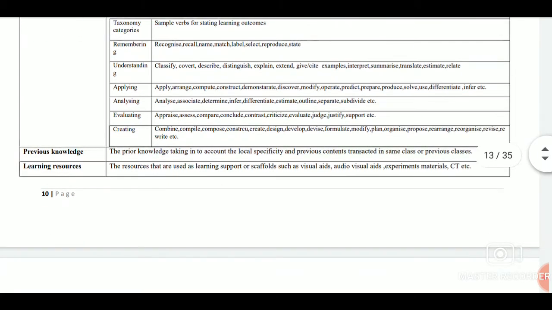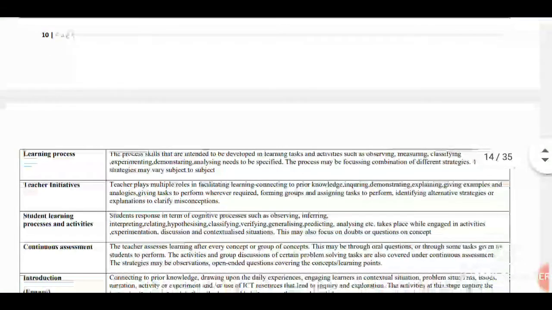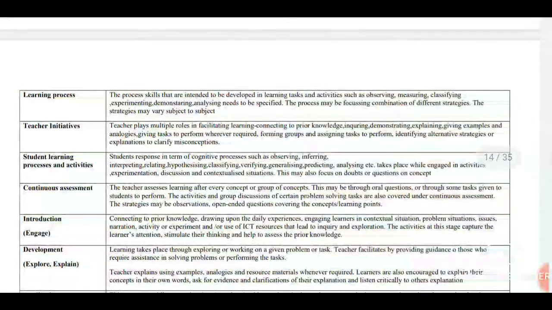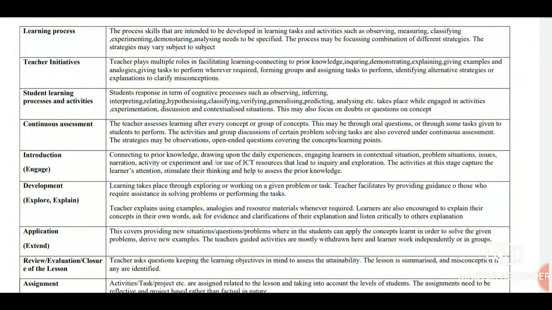Okay, so after that, next comes our previous knowledge. Previous knowledge is nothing but the knowledge that the students are supposed to have before coming into the class. Next is learning resources. Whatever learning resources we are going to use in that particular class, we will include. Now in learning resources, we can also include blackboard, chalk, and sometimes students can be used as a learning resource, or basically our small classroom things like duster. All these things can be used as learning resources, and we can include them.